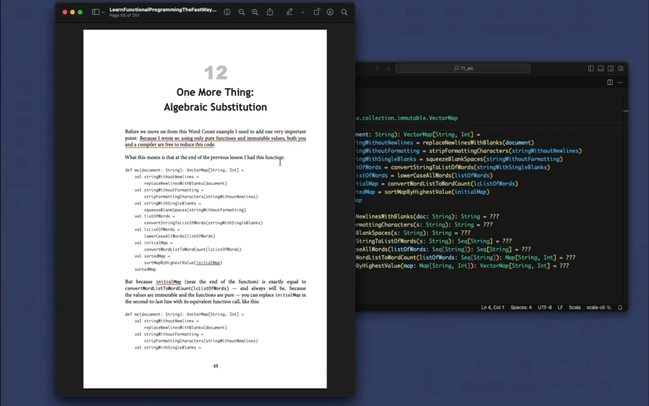Next, let's see how algebraic substitution works with the word count example. And the key here is, because I wrote word count using only pure functions and immutable values, both you and the compiler are free to reduce the code. So what this means is that when I first sketched out all these functions, what I could do is,